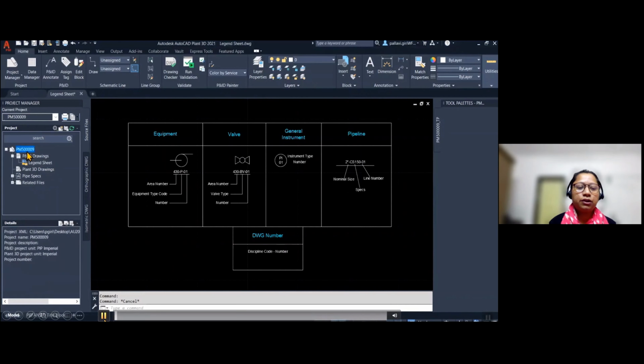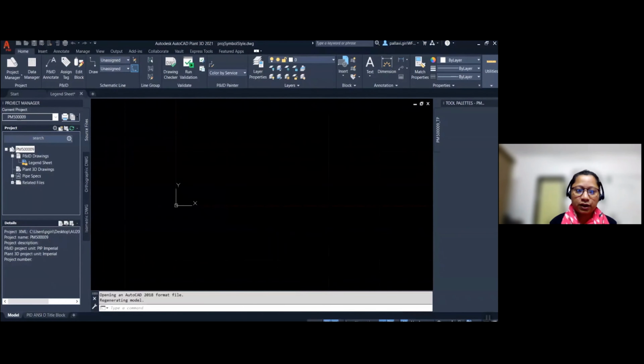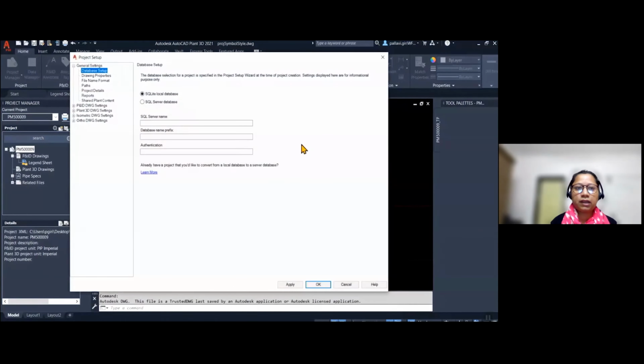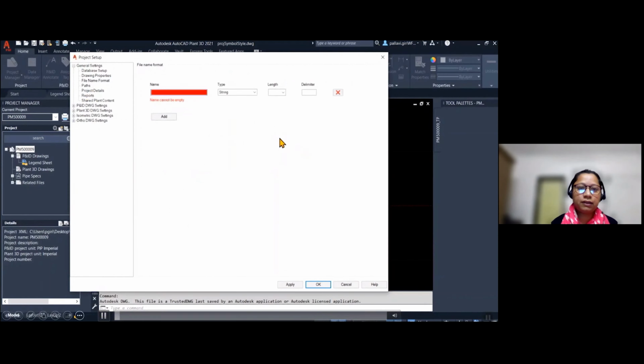To customize this, you need to select the project first, and then right-click and go to the project setup. Once this project setup section is open, we need to go to the file name format. Here I'm adding two things. First, discipline code.